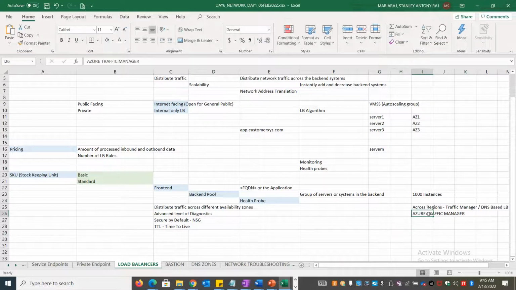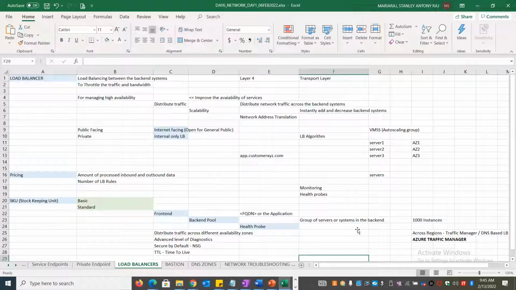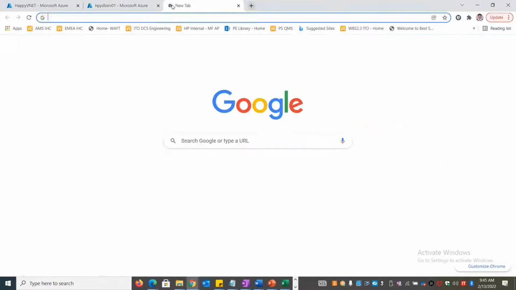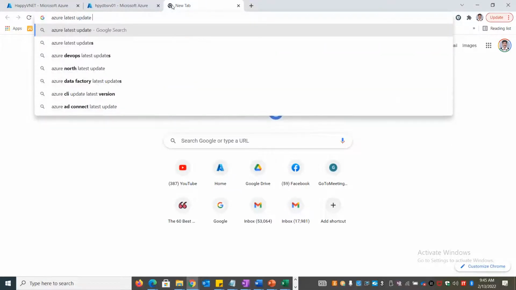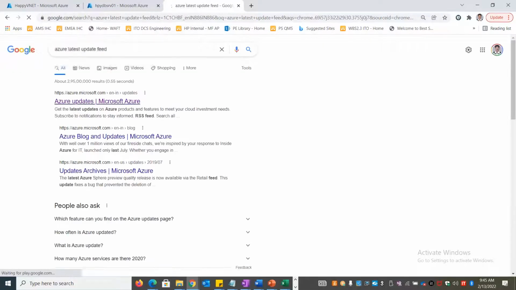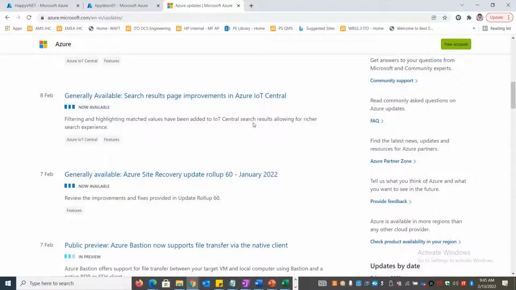Okay, one good thing is, for example, if you are a person who is focusing on a specific area like networking or compute, or whatever, there are two things that you can do. If you're an architect or a pre-sales person, the number one thing is you can subscribe to the Azure latest update feed. You can enable the RSS feed and subscribe to it so that you are getting notified on whatever is